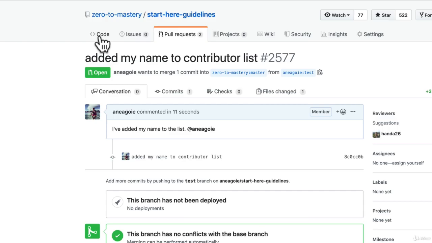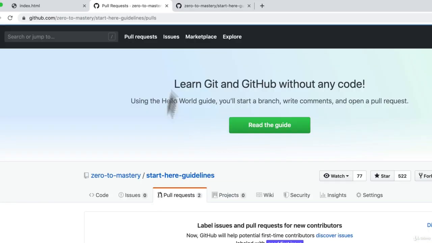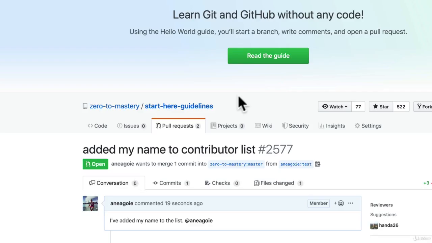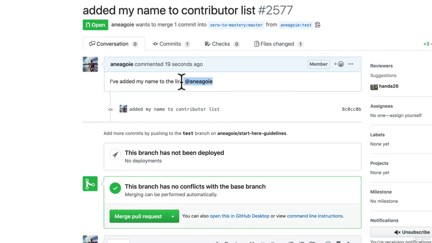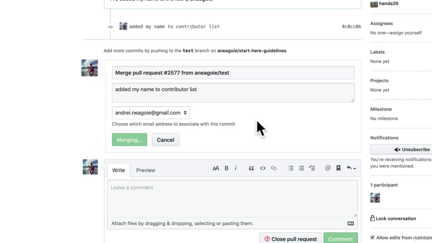So that if I go back to our Start Here guideline, I see that I'm part of the pull request now, right here. And because I've tagged one of the management teams, in this case it was myself, you can tag any of the management team that we have. Now, in this case, I'm cheating because I also help manage this. So I can just myself merge the pull request. Most likely in your case, you won't be able to merge it yourself. But if I click merge and confirm,